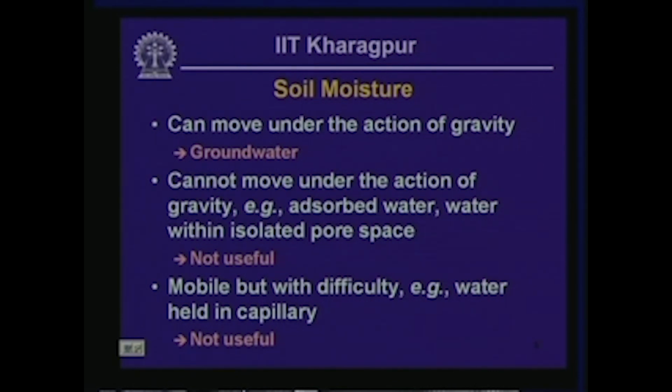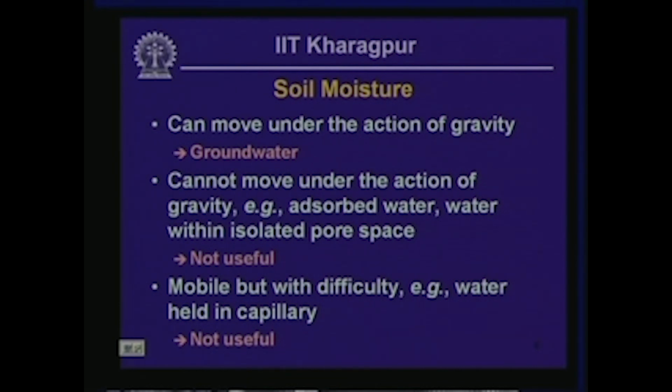Now, what is soil moisture then? Soil moisture is that portion of groundwater which exists within the pore space of soil or rock, which can move under the action of gravity. A portion of soil moisture, actually a portion of underground water, can move under the action of gravity, and that